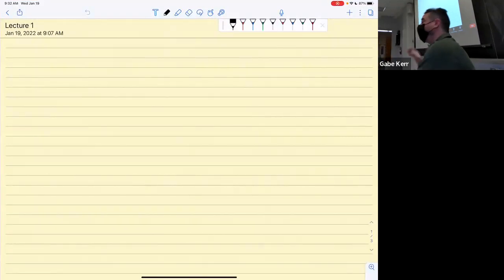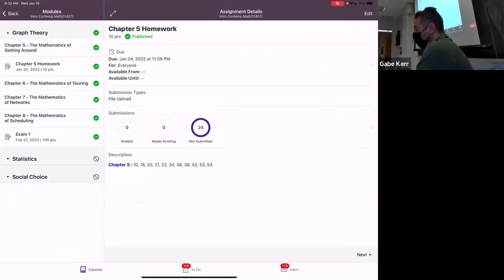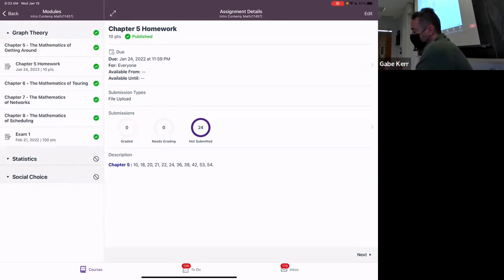I was just saying that we're going to have a scaled down course. I'm going to try to talk about some basic math concepts. Let me go to the Canvas site. Basically, I've broken it up into 3 modules. These are the 3 topics we'll talk about in this course. The first is graph theory.